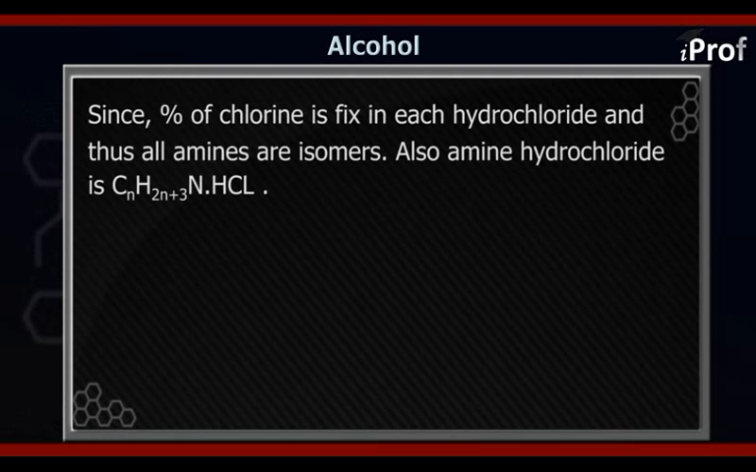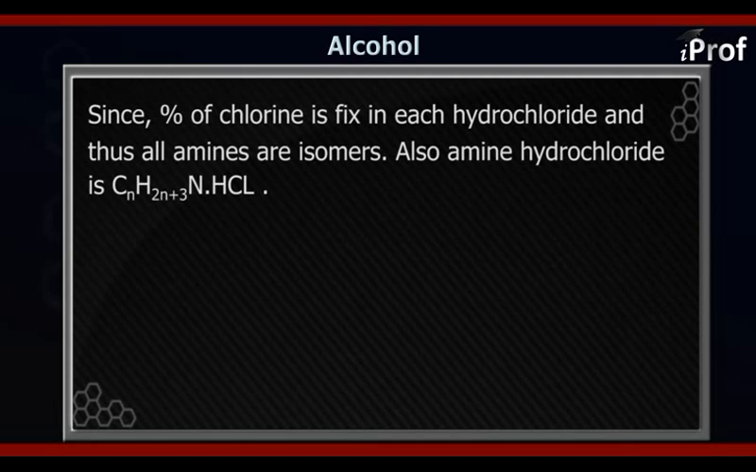Now, therefore we can say that since the percentage of chlorine is fixed in each hydrochloride, all amines are isomers. Now, the question which we have over here is this: the amine will have a general formula like CnH2n+1NH2HCl,